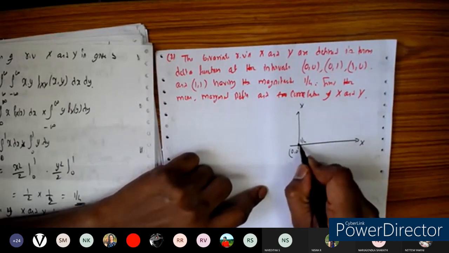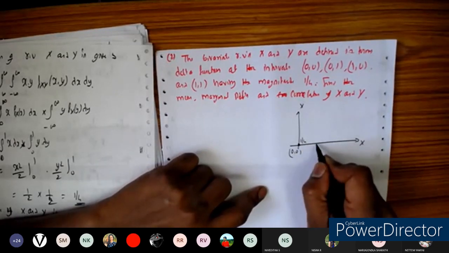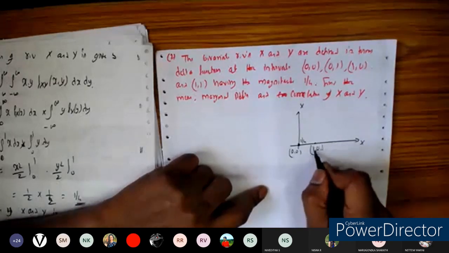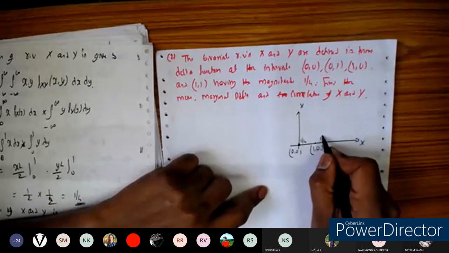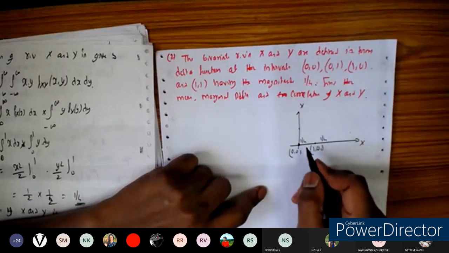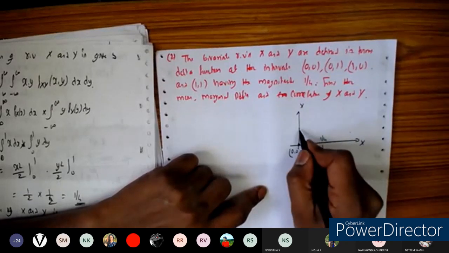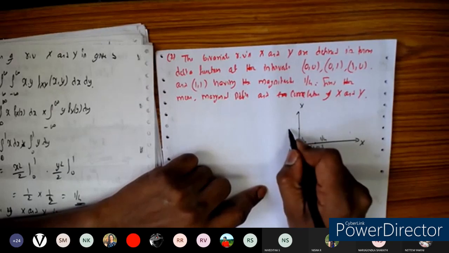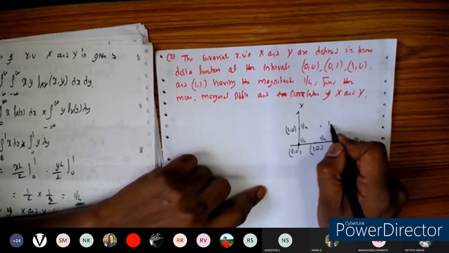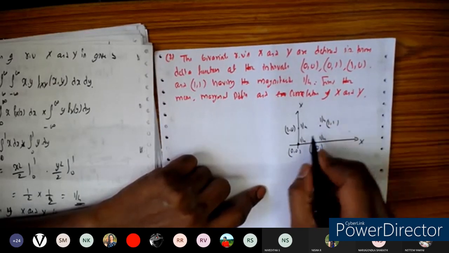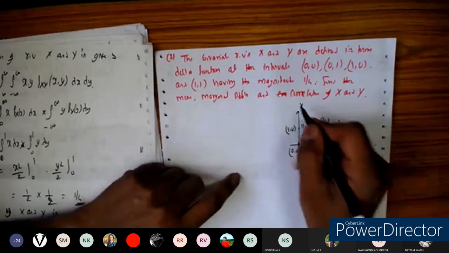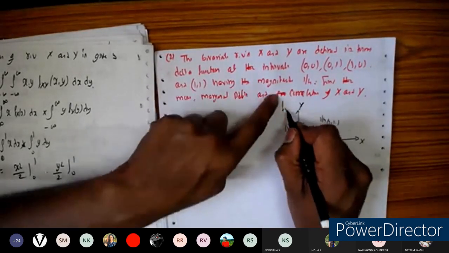At 1, 0, where 1 is the x-axis value and 0 is the y-axis value, the magnitude is 1/4 here. It is defined in terms of the delta function, which you know from signals and systems, right? At 1, 1, the magnitude is defined as 1/4 here. Okay, so this is how the bivariate PDF of the random variable